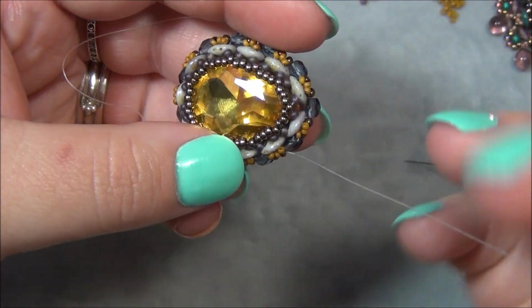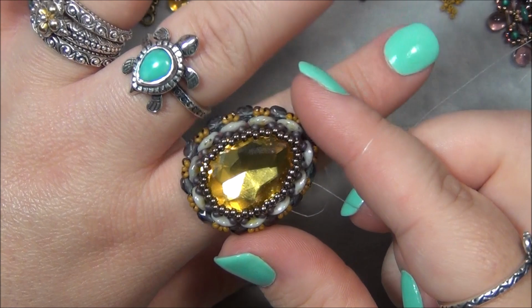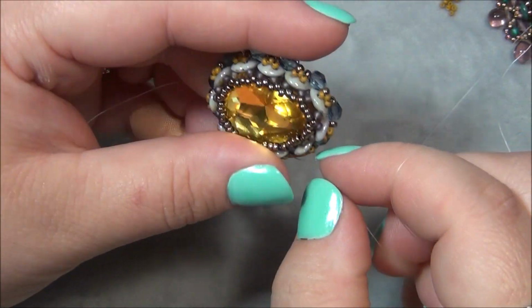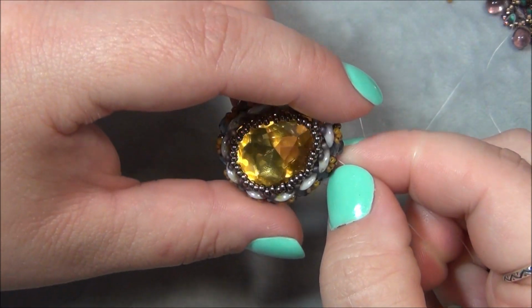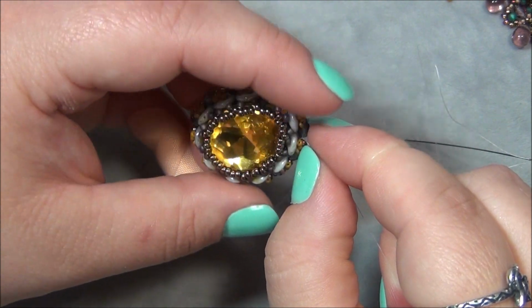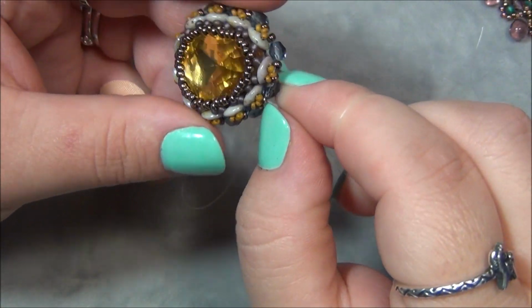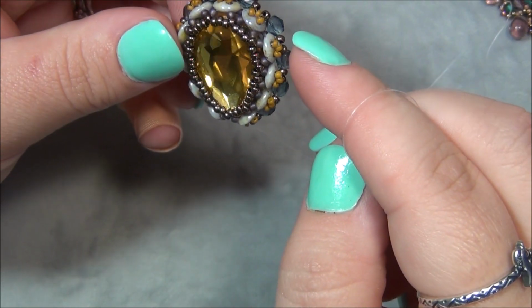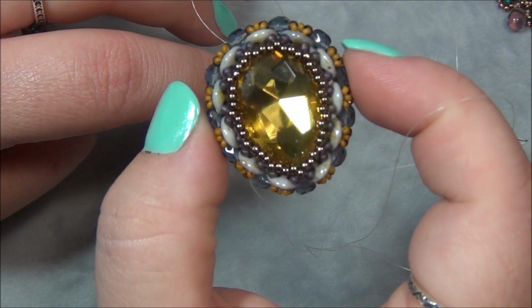So right here is the point that I would stop if I were to make this into a ring. It is pretty big for a ring though, so you would want to do a smaller stone. Just the distance from here and here is super wide. I don't think this stone would work as a ring unless you had really, really big fingers. But you would have to weave around to over here to add your ring band on, because you would want to do your ring band right here, straight across